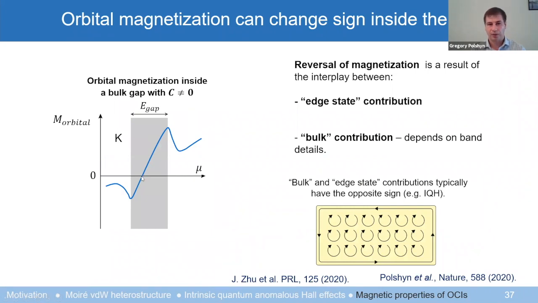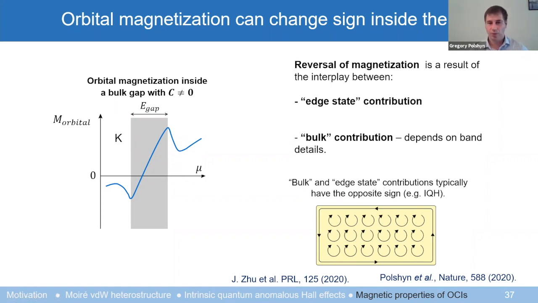And this happens because of the interplay between two contributions to orbital magnetization, the edge state contribution and the contribution due to electrons in the bulk. While in general this bulk contribution will depend on the details of the band structure, on the bandwidth, on how Berry curvature is distributed in the band, there is a general trend that the bulk and edge state contributions